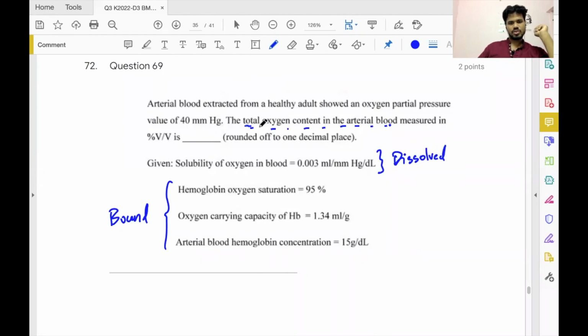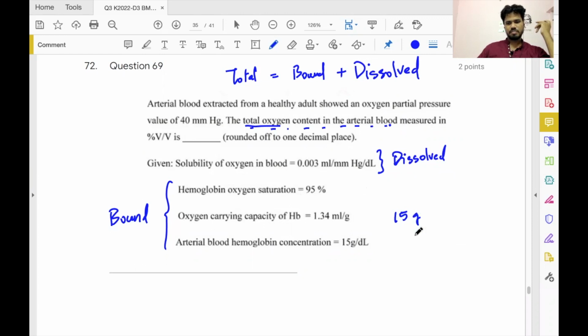So the total they are asking for should be bound plus dissolved. Interestingly, if you just gave the bound, the dissolved is a very, very small fraction. If you just wrote the bound, that wasn't within the GATE range. So be careful about it. Let's quickly find this value. So the bound will be